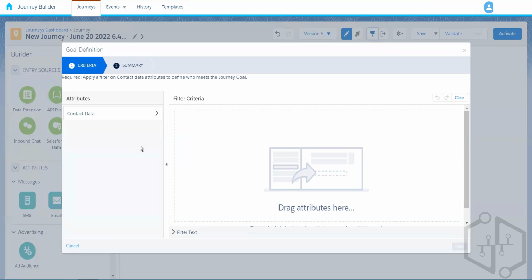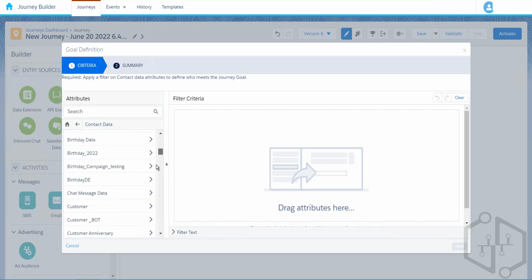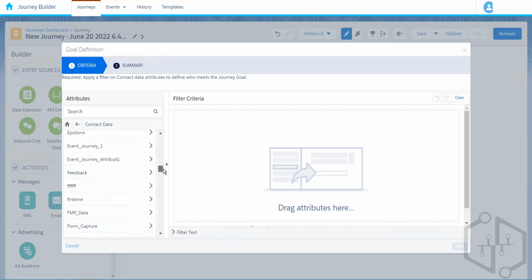Okay, so in goal, what we need to do, so first of all, we need to apply a criteria that if this criteria is true, for example, if I take the same example that if I am able to complete my book by the end of this month, it means my goal is complete. So we have to have a criteria that if this condition is true, it means we have achieved the goal. So let's say we have